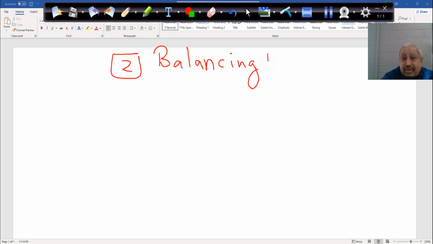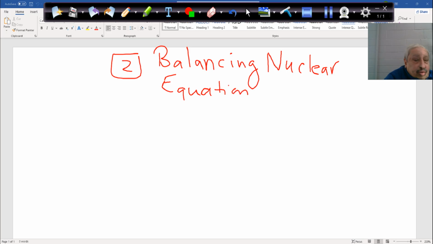Balancing nuclear equations is totally different from balancing chemical equations, which we will have in the next chapter. But this is totally different from whatever we have seen before, in the sense we are looking at the atomic